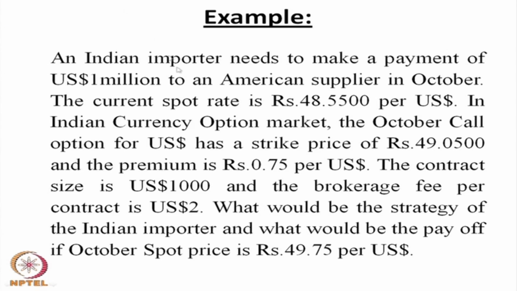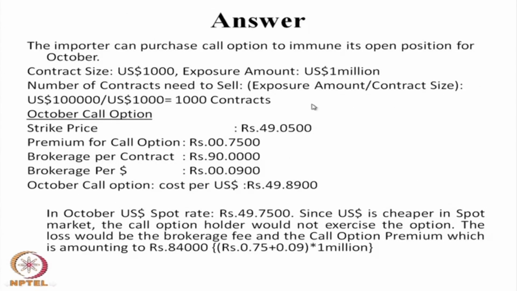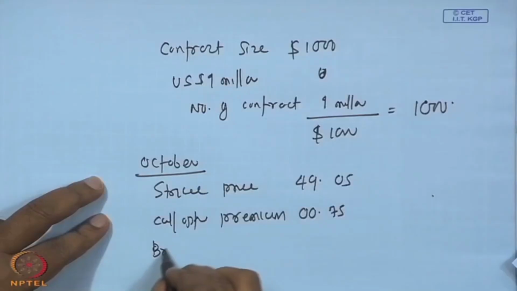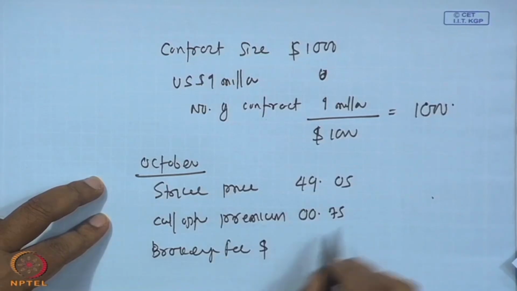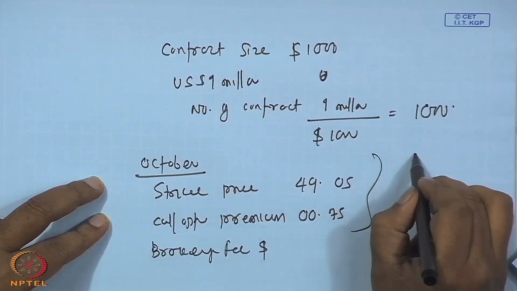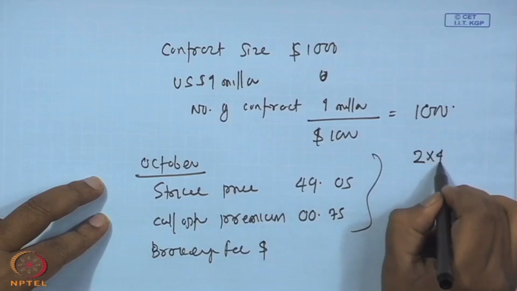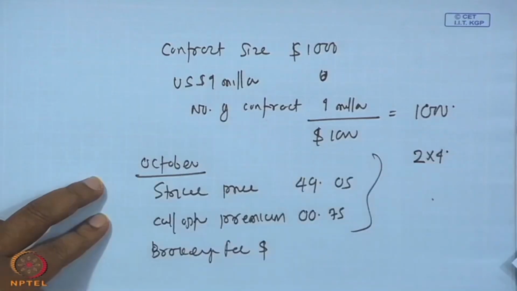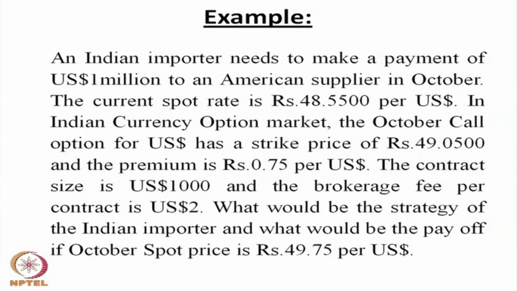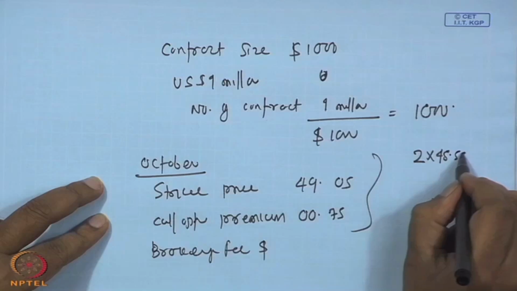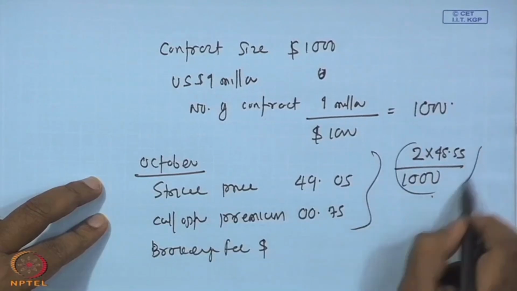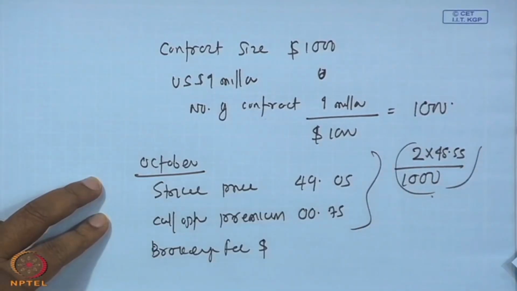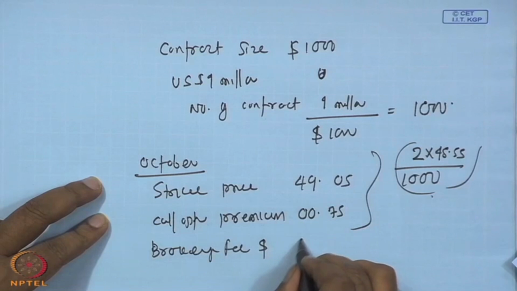Current price is 48.55. So, if you calculate that, how do we calculate the brokerage fee per dollar? We need $2 in each dollar price. If you see the contract, the dollar strike price is 48.55, and one contract size is $1000. If you divide this per dollar, what rupee amount will come? The per dollar rupee amount is